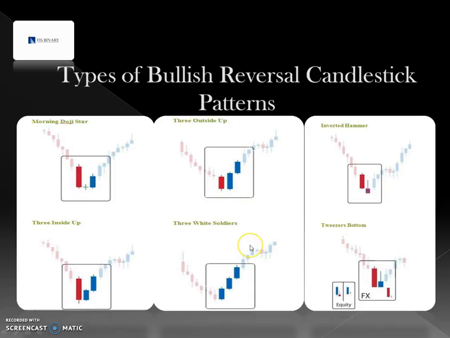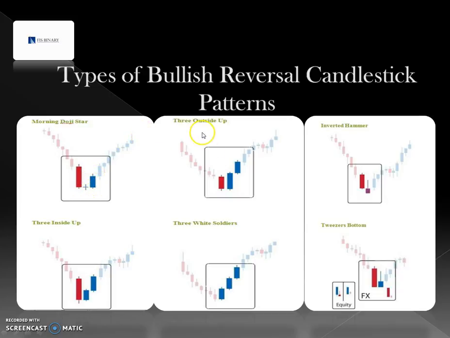When any of these forms while an existing downward trend is in play, it indicates that the existing downward trend is about to pause or stop outrightly and change its direction towards an upward trend. So whenever these kinds of patterns form, it indicates that an existing downward trend is about to stop or pause, and an upward trend is about to begin. With these patterns, whenever the pattern forms and the last candlestick of the pattern closes,